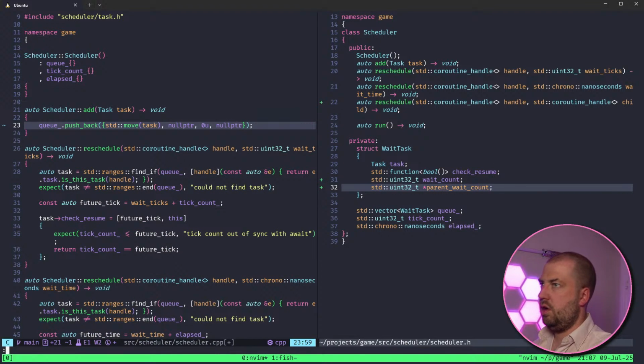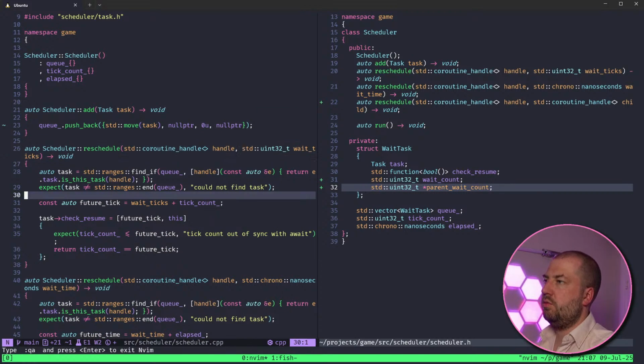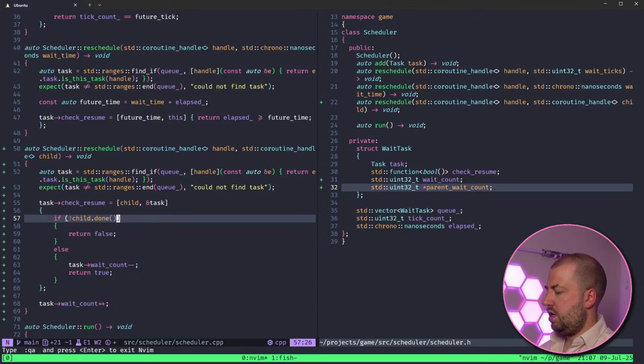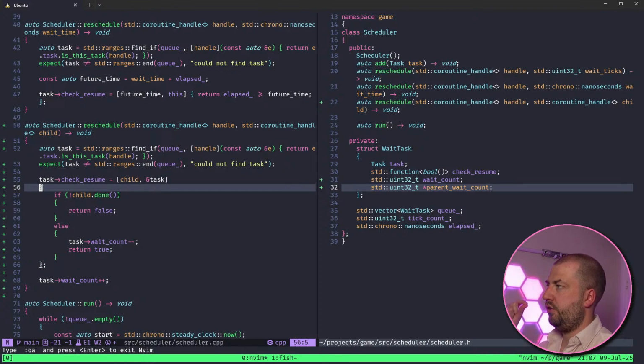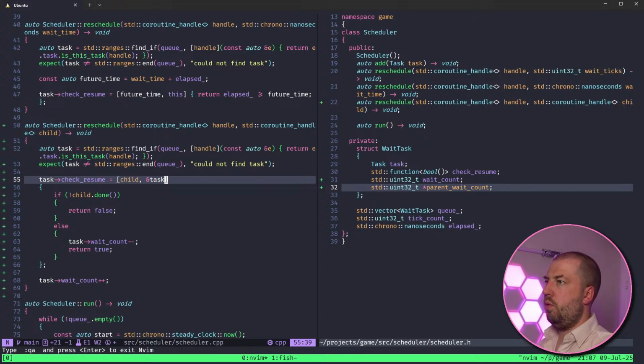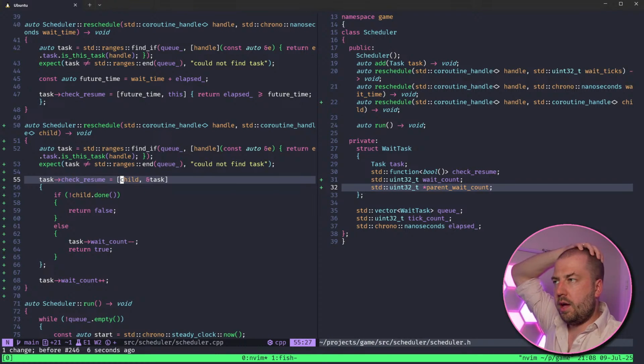Okay. We'll figure out how to put that in a second, but when we reschedule ourselves, so this is the parent task based on the child, all we need to return is... I get myself tied up in knots here. I think this is right.